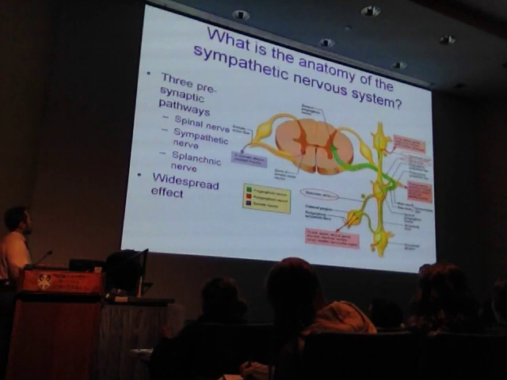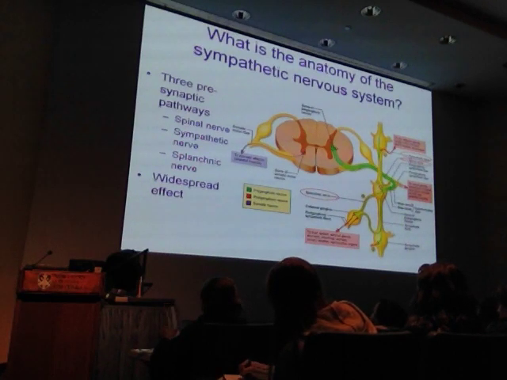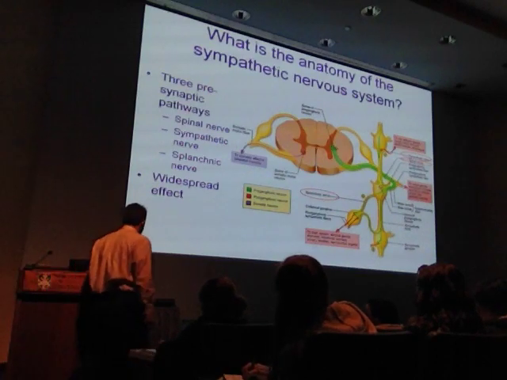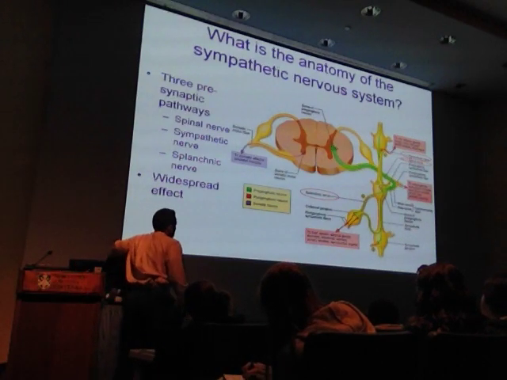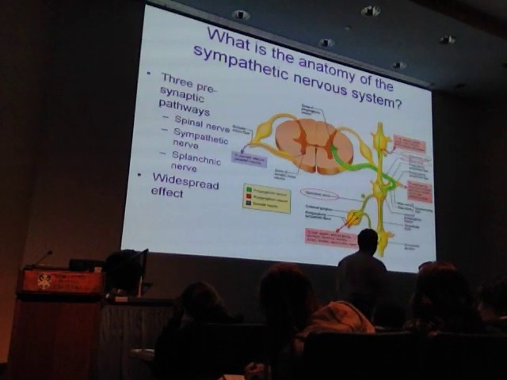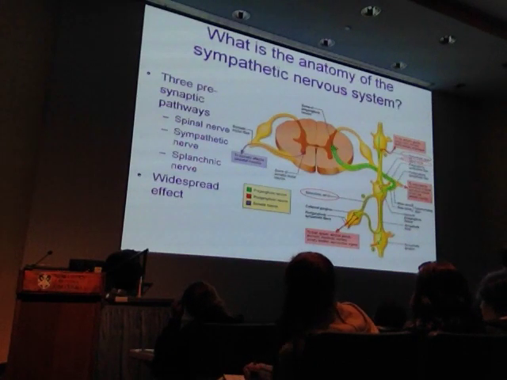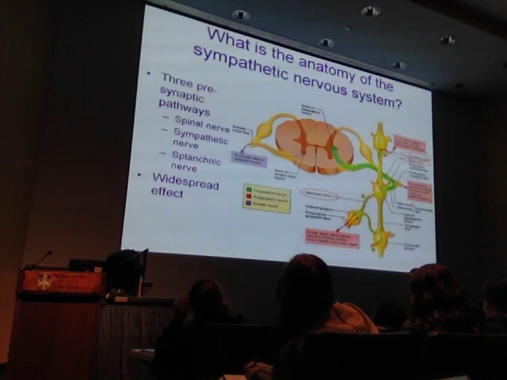And so what I'm going to characterize here are 3 different pathways that give us a widespread effect. And so what I want you to be able to appreciate from this particular slide, which is code word for what do I need to study, is what's circled in red. How's that for focusing your energies?